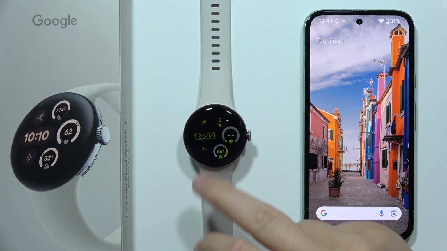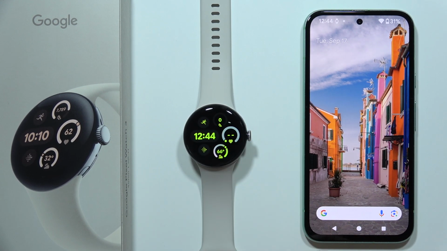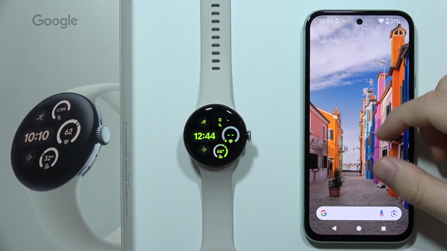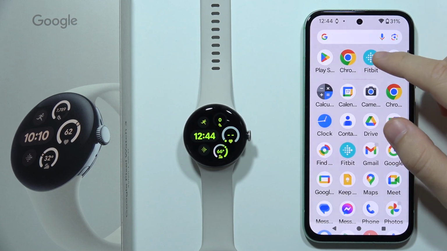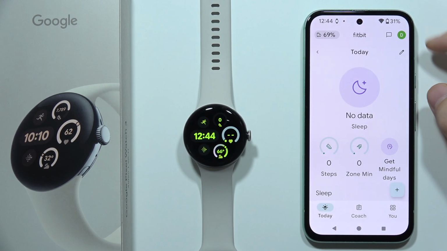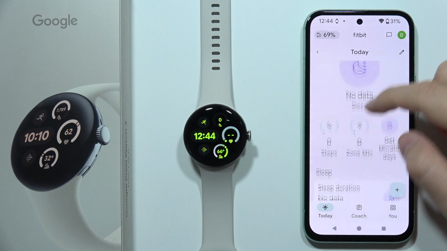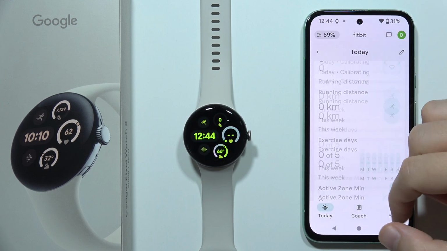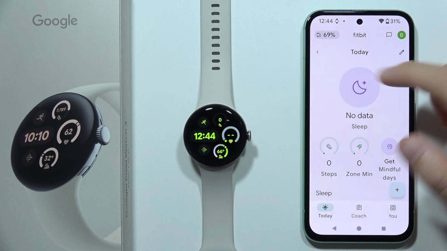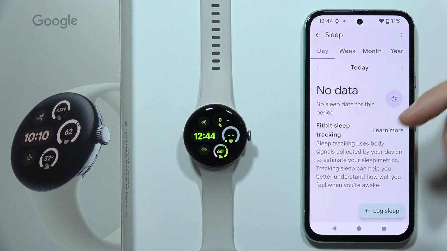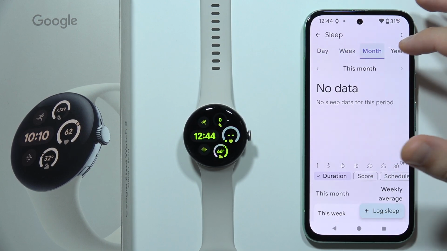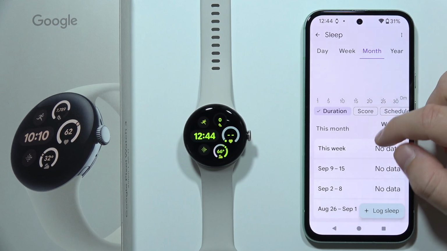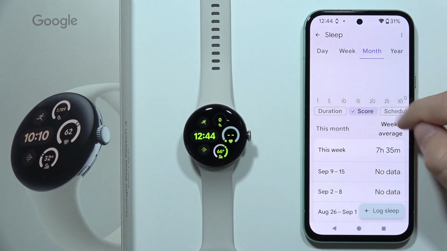If you want to check your sleep data from the Google Pixel Watch 3, all you have to do is go to your smartphone and open the Fitbit application. And when you do this, you will have to search for the sleep data. So you can just scroll down right here, and once you find the sleep data, you can click here and check this for 1 day, week, month, for example, the duration, the score of your sleep,